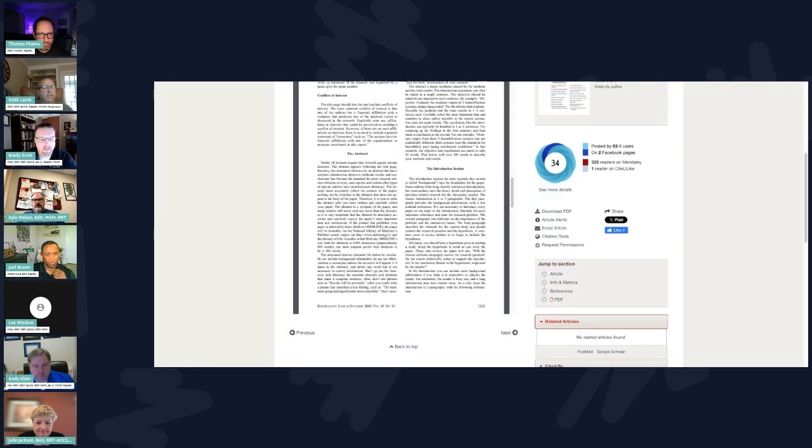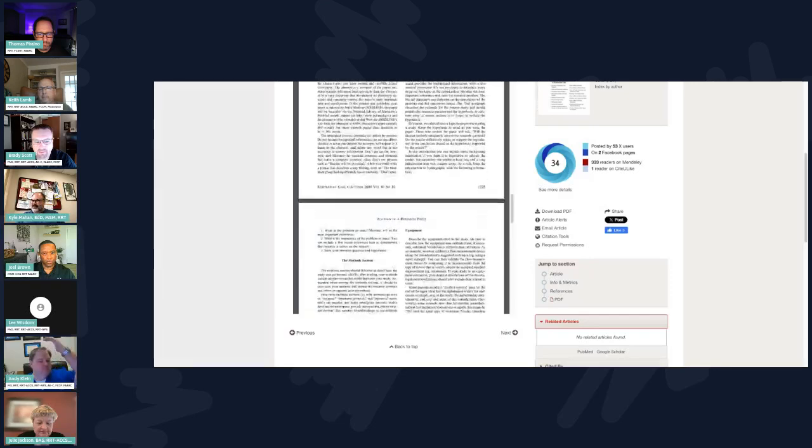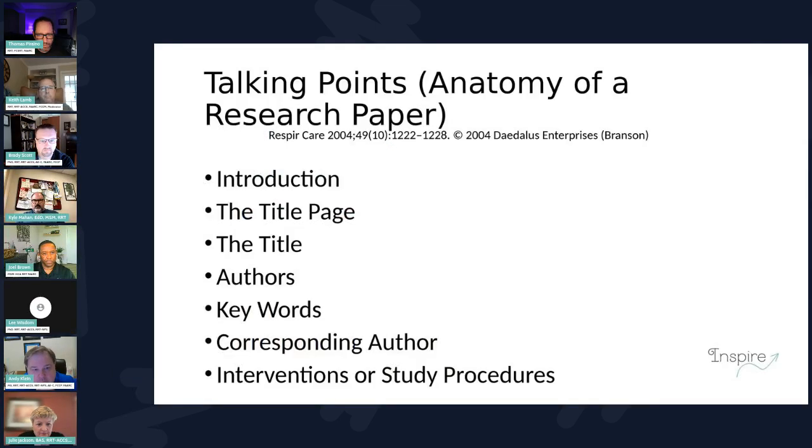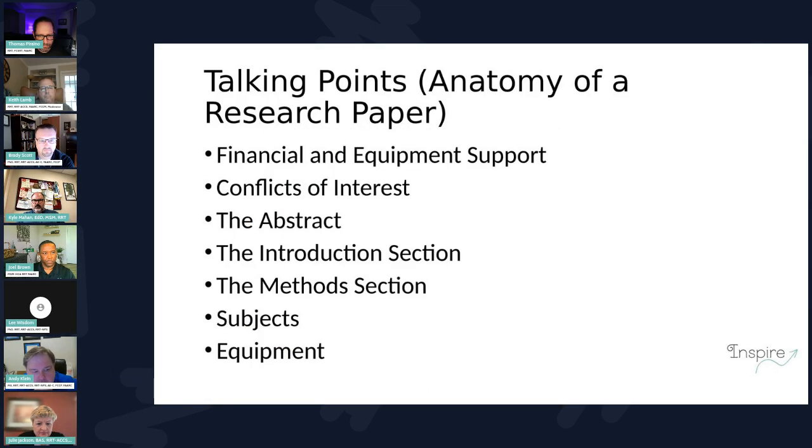Go ahead. Sorry, I just wanted to jump in a couple of times and let people know where this paper was at. And basically that's where all these sections are coming from. I believe, Keith, you basically just highlighted all of the sections that are discussed in that paper. Yes, I did. If anybody has anything specific to cover on this anatomy of a research paper,